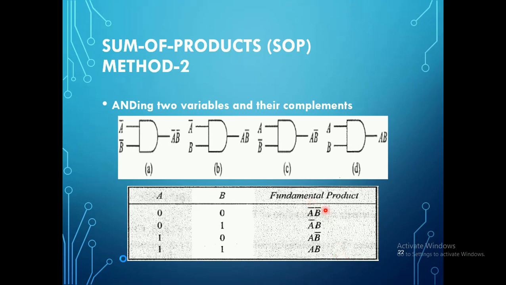So all these outputs you have to combine and give as the input to the OR gate, and then you get a single output from the OR gate. That we have not shown here, but you can see how many AND gates you have and how the combinations of inputs go to the particular AND gates. And the next step is you'll be having an OR gate. All the fundamental products you have to combine together, and give these outputs as an input to the OR gate.